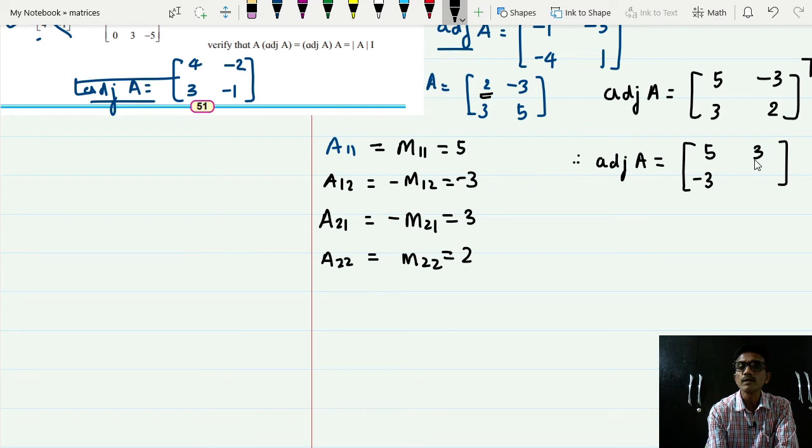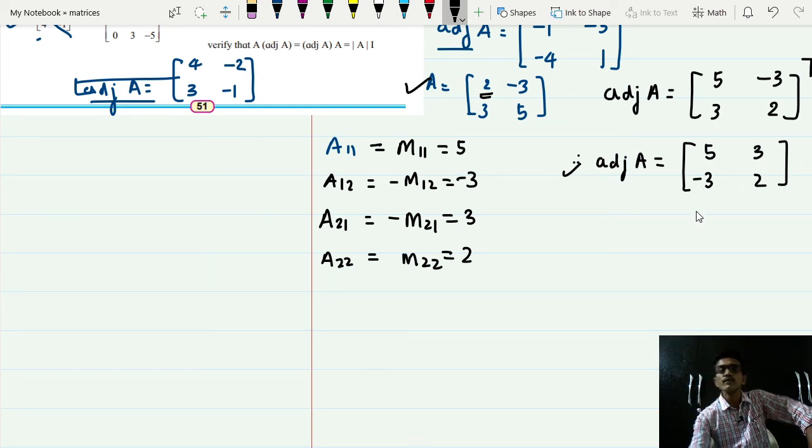You can observe here, यहाँ पे ऑब्जर्व कर सकते हो आप. Here is the given matrix और इसका एडजॉइंट ये है. तो हमने क्या किया, अगर आप इंटरचेंज करते डायगोनल एलिमेंट्स और इन नॉन डायगोनल एलिमेंट्स का साइन चेंज करते तो भी आपको ये एडजॉइंट मिलेगा. But this you can do only when it is a 2x2 matrix.